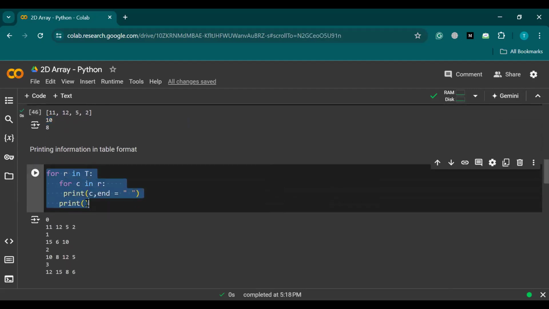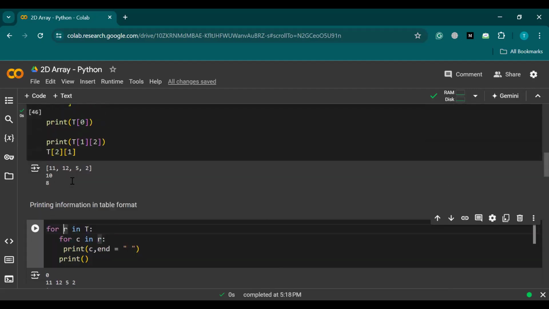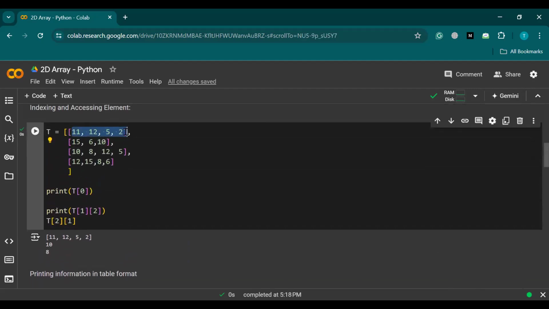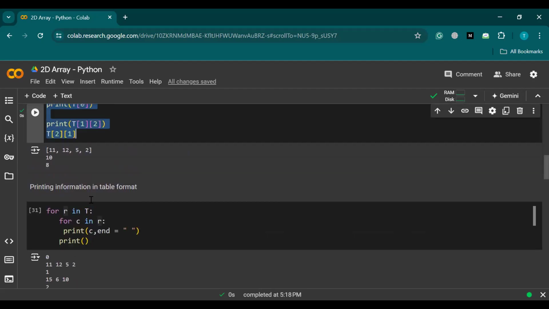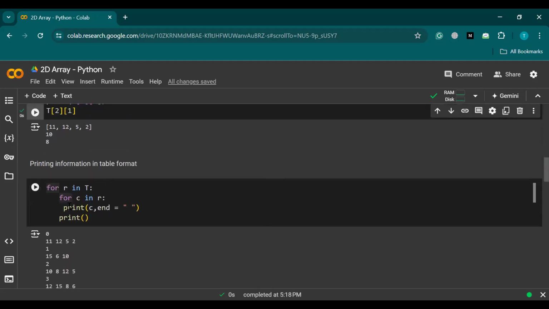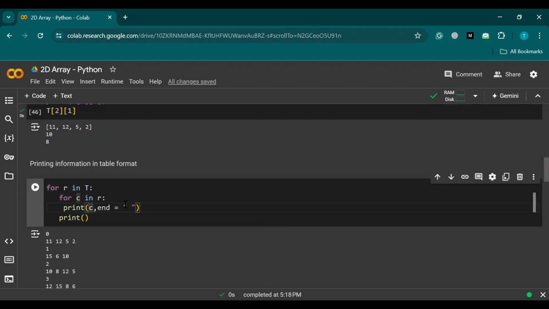So this is the way of printing our 2D array. For R in T means to take this row in this T array, and then for C in R means for each element in R, we are printing that value and we are putting a space between each of the elements, and then we are just printing